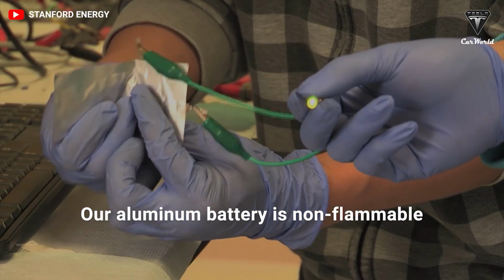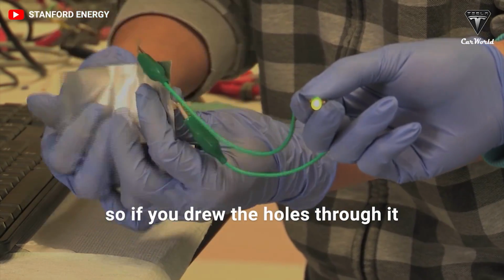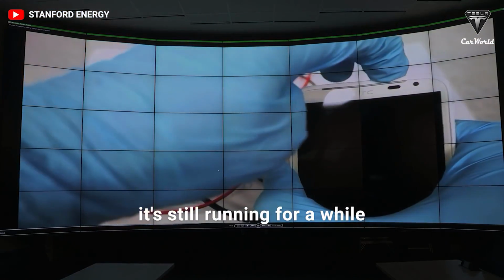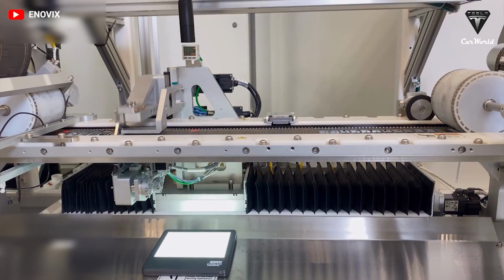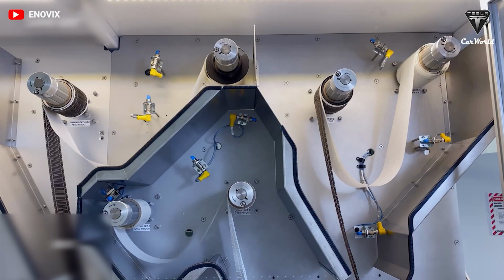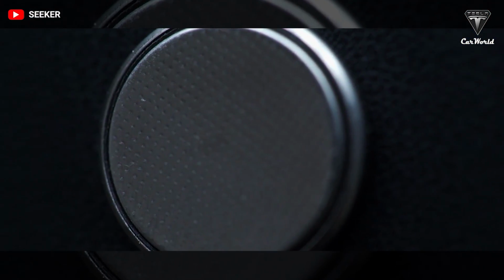But our aluminum battery is non-flammable, so if you drill a hole through it, it's still running for a while. Day and Angel's battery was designed to provide a solution to the grid storage problem. According to Angel, grid storage is the most realistic goal because of the battery's low cost, high efficiency, and long